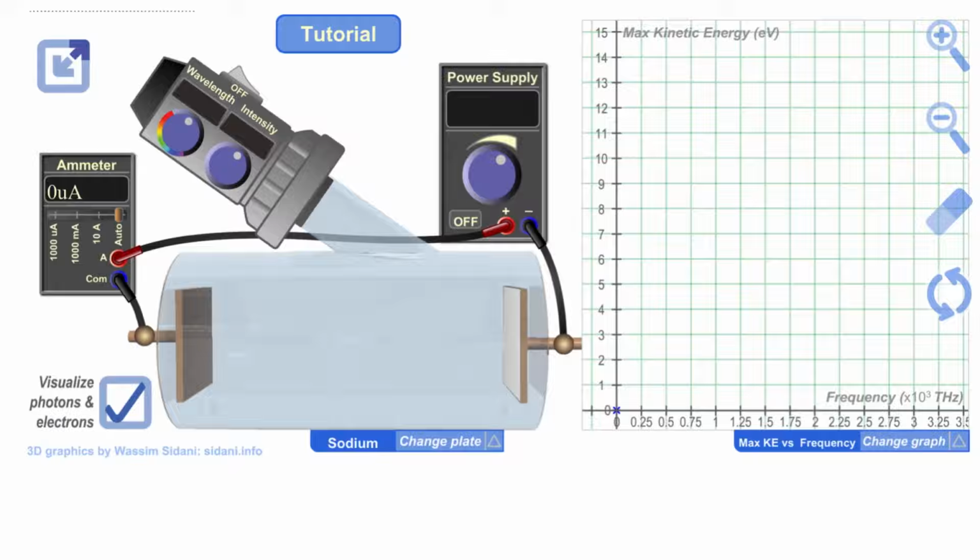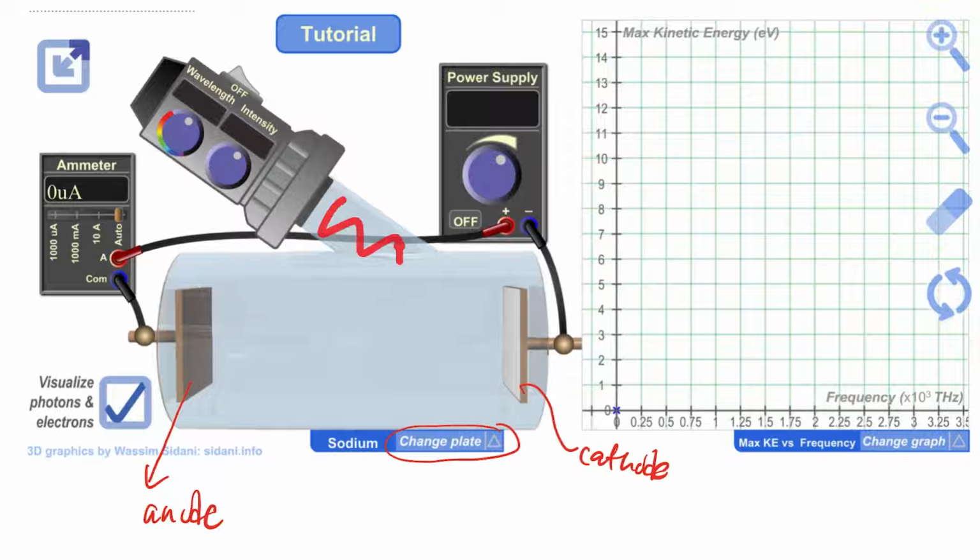This metal is sodium. We can change the metal, using any metal, but this one is going to be sodium. So this is the metal where we're going to shine light. And then this one is a cathode, right? And this one is a what? An anode. So what we're going to do here, we are going to shine a light of different frequencies